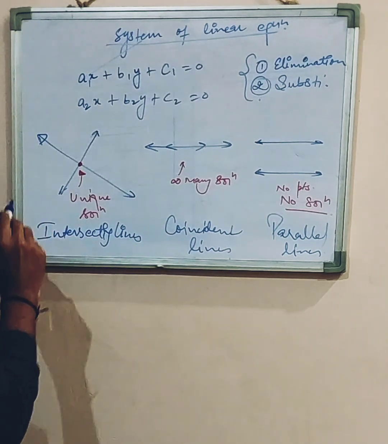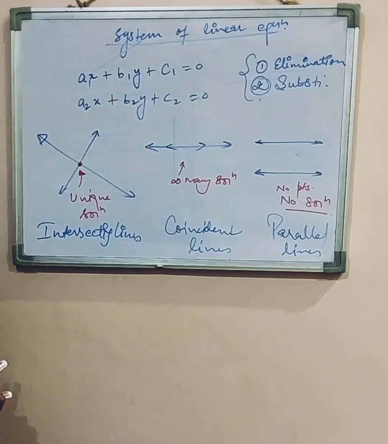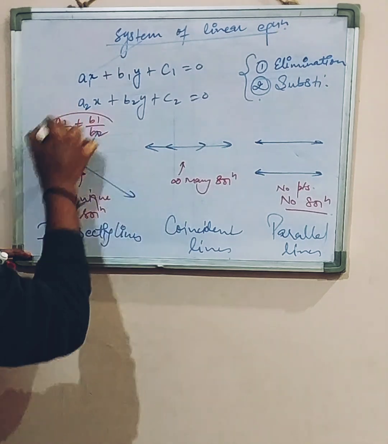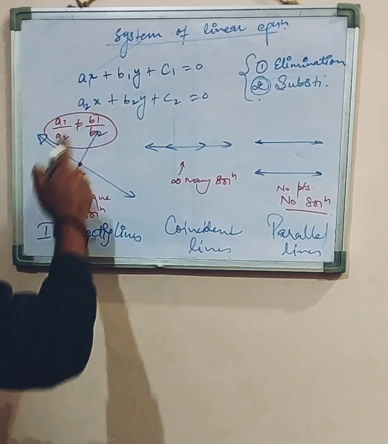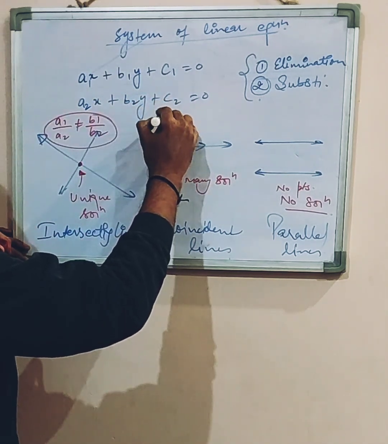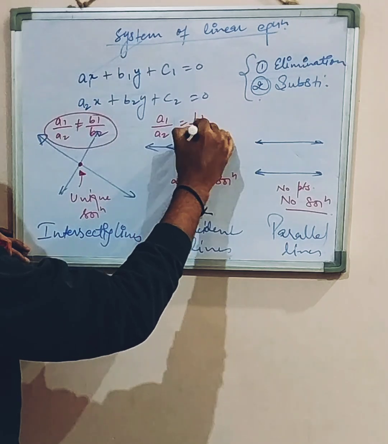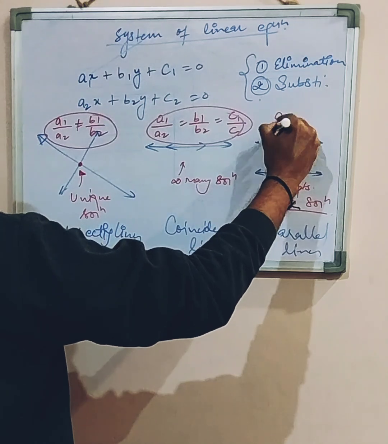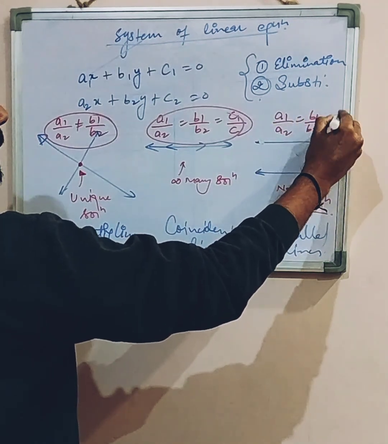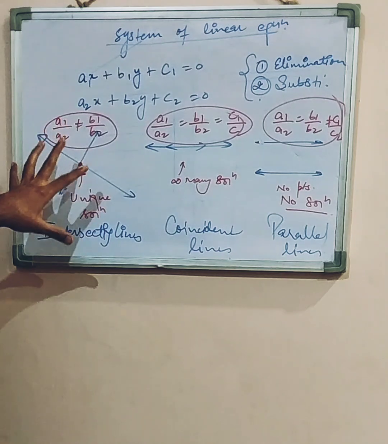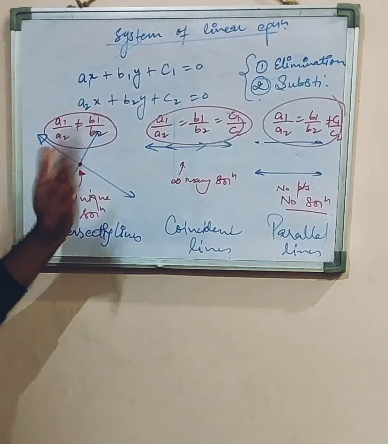Now, the conditions for this: a1 upon a2 is not equal to b1 upon b2. This is the condition to check whether the lines are intersecting or not. Directly you can check. Coincident lines means a1 upon a2 is equal to b1 upon b2 is equal to c1 upon c2. This is the condition for coincident lines. a1 upon a2 is equal to b1 upon b2 is not equal to c1 upon c2. This is the condition for parallel lines. So I hope this is clear to you, right? So these are the conditions. Further, we will look into